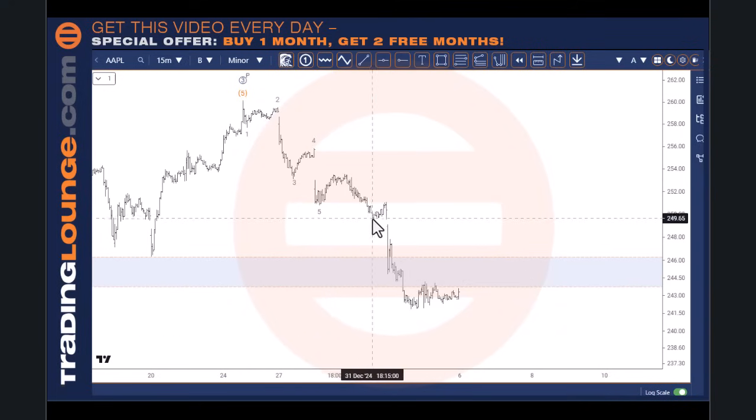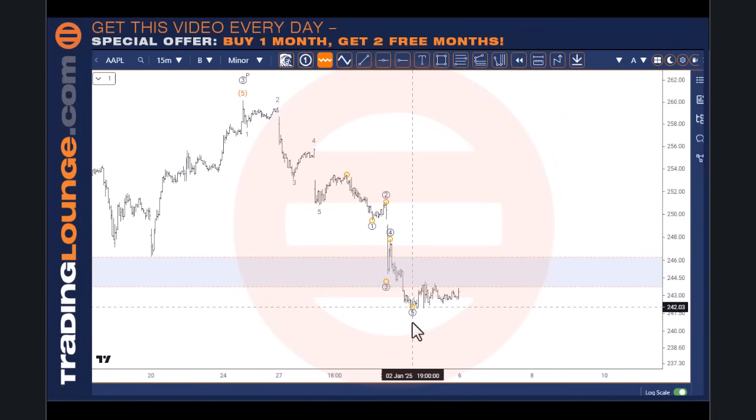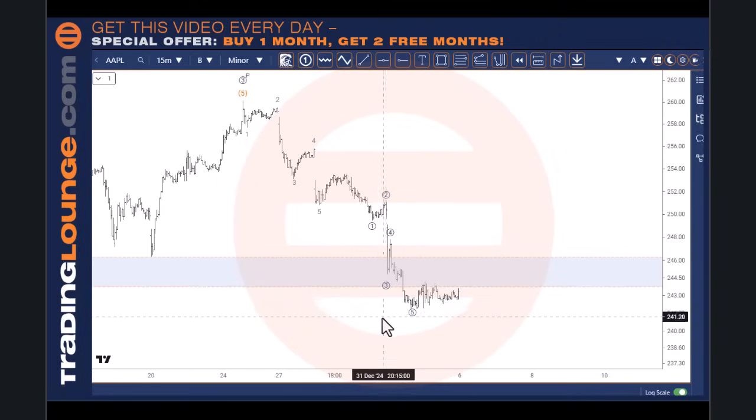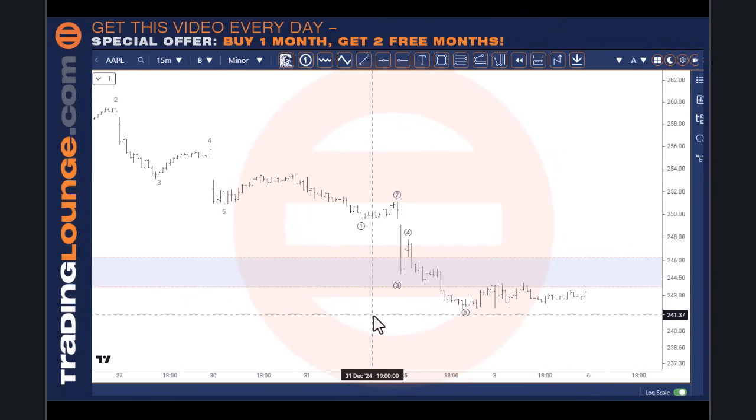And this move down here is also 1, 2, 3, 4 here, and then 1, 2, 3, 4. And it looks like we need another little move down here. So we could also put this one in here as 1, 2. Does it look like 3? I think we could. We can adjust that anyway. We'll put that 3, 4, 5. So we may have a low in here as such, but it does look like it needs to come down a bit further. But let me just open this up a little bit.